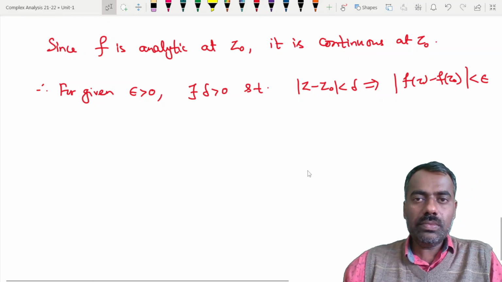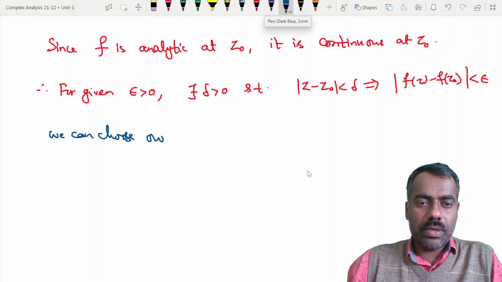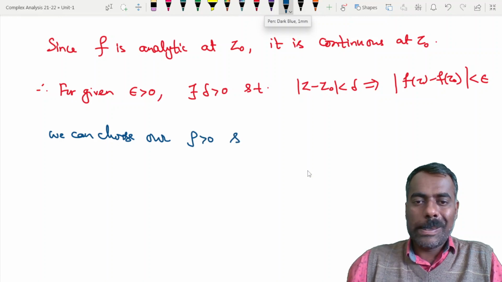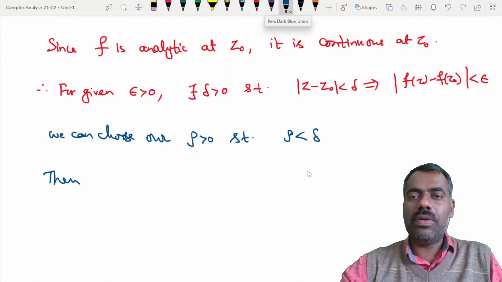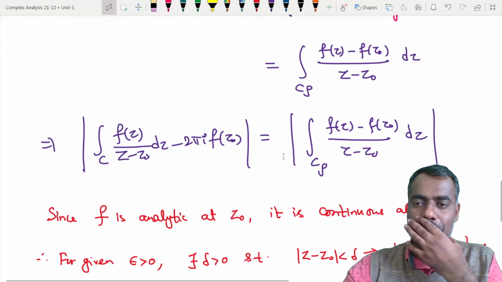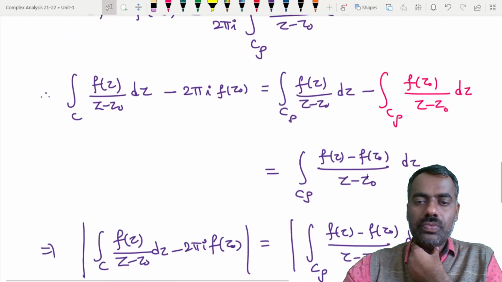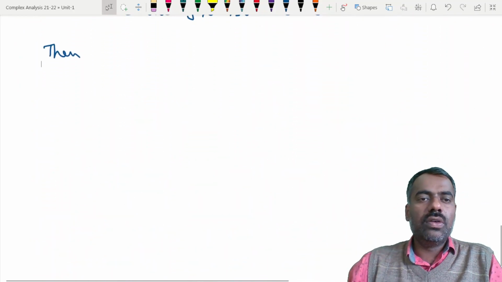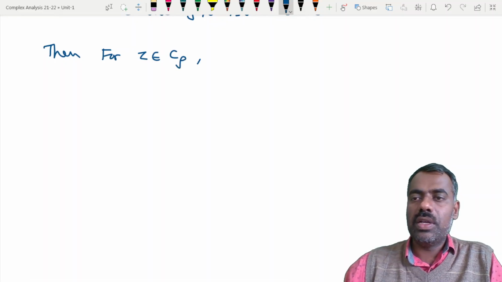Okay, so we can choose our rho greater than 0 such that this rho is less than delta. Okay, then now if you take any point z on this C rho, that means if you take any point z here, so then for z belongs to this C rho, that means we have,